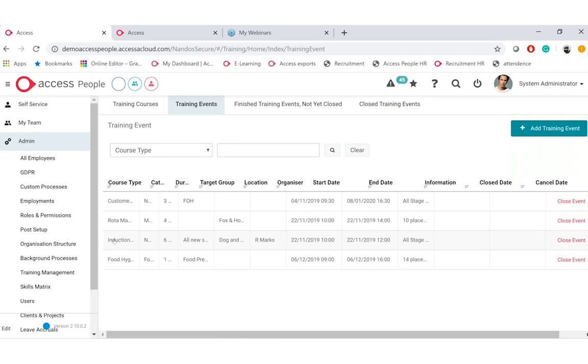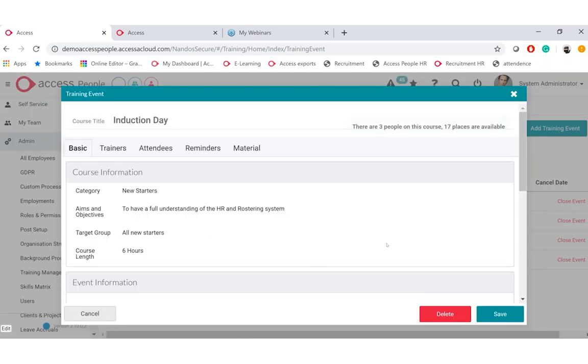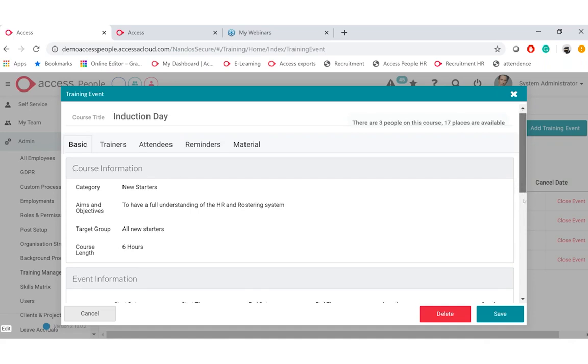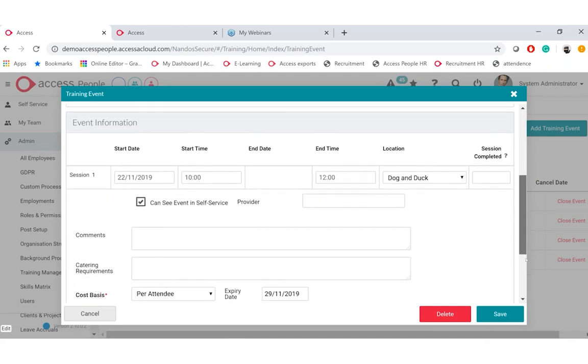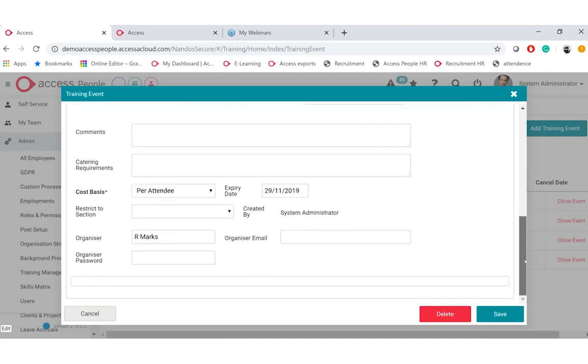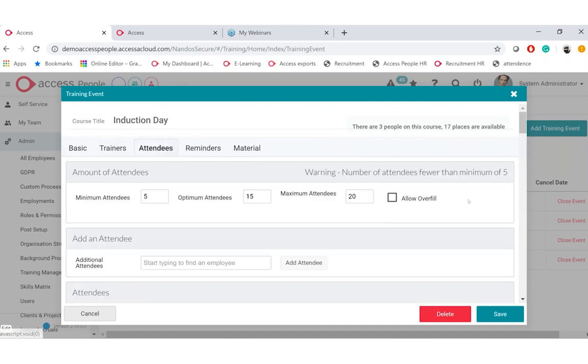If I just quickly go into here, it's going to tell me it's for new starters. It's going to tell me how long that is and where that will be held, and any information relating to that. You can record the trainers on there. We can also record the attendees.